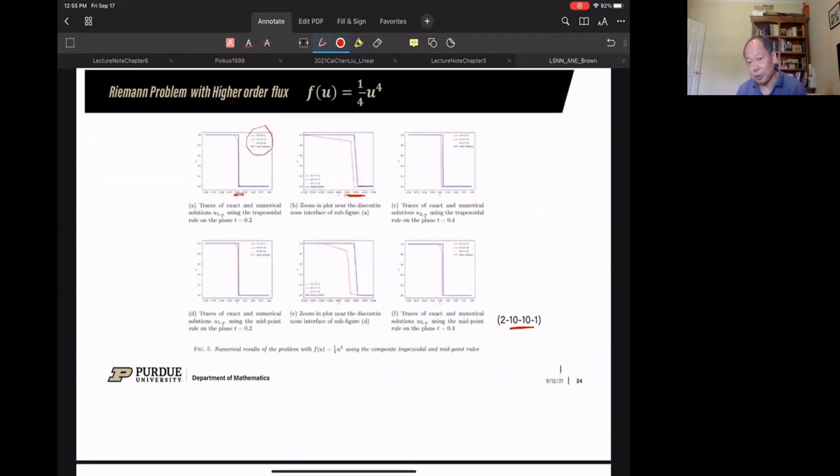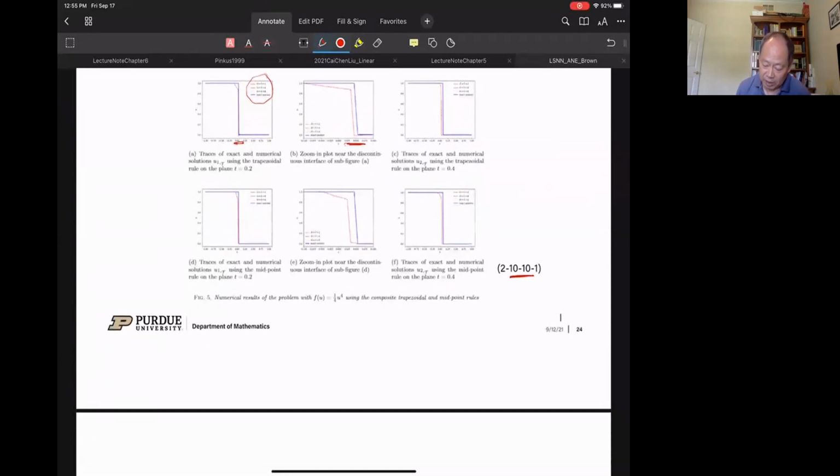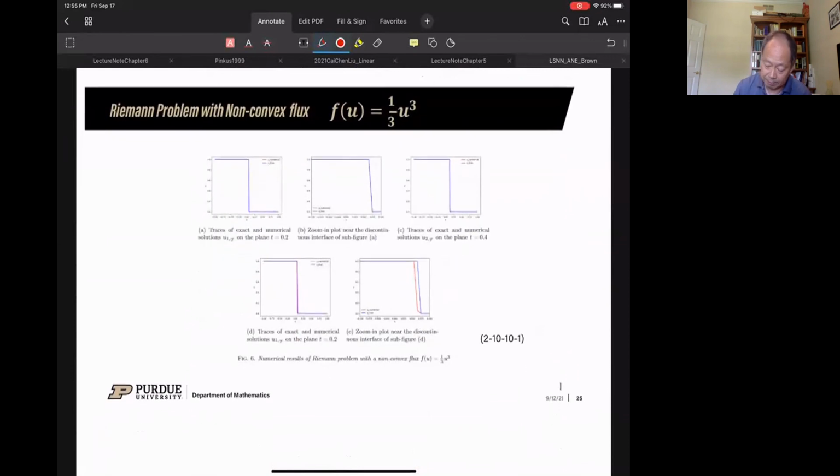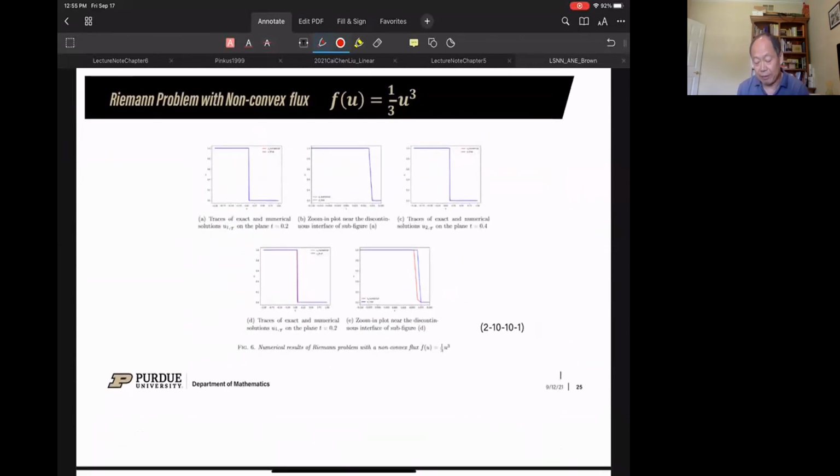Once we have done that, of course, the next step is non-convex flux. This probably comes in with the entropy sense, right? Entropy usually works for all convex fluxes, but for non-convex flux the story is much more complicated. Here is what we have, even for that we are using higher order. If you look at the numerics, it is unbelievable to me. In this experiment, we used the same structure.